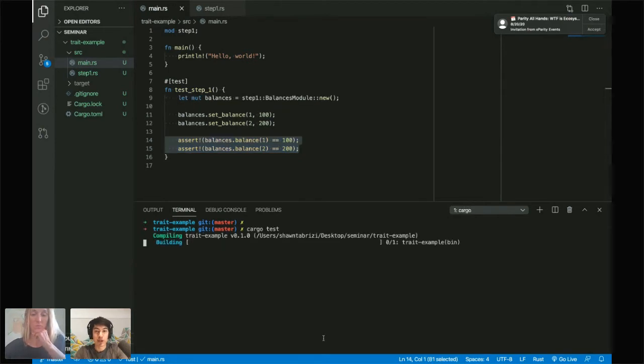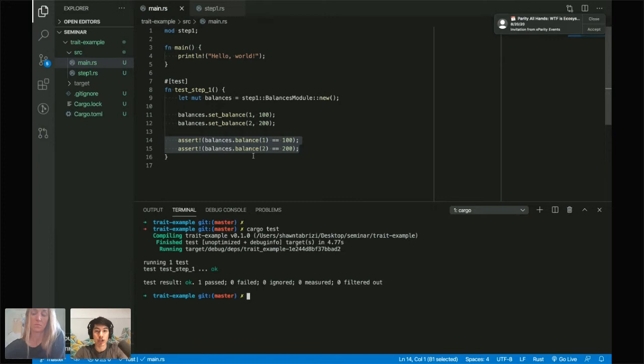Let's do this. And you can see, by the way, because we're running normal Rust, everything compiles much quicker, and everything is working, right? And I could even do one more assertion here with that extra step, that the balance of 3 is 0, right? Wow, screen sharing is definitely lagging my screen. It's a little bit disorienting, but that's fine.